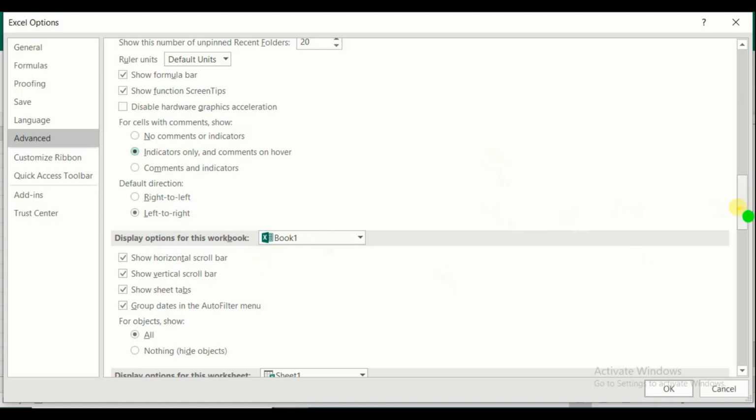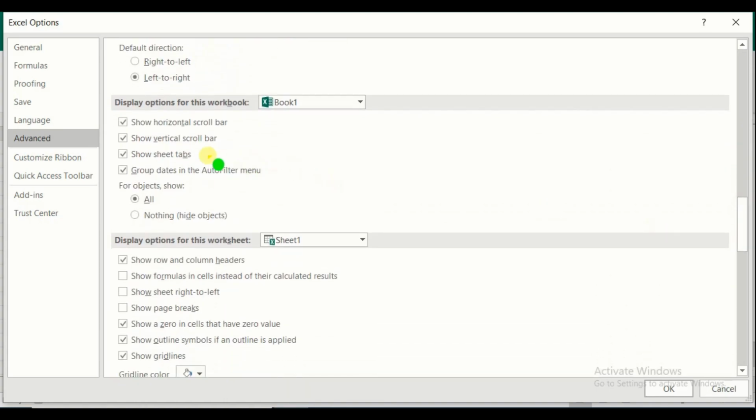Next one is display options, the next category for hiding horizontal and vertical scroll bars. I am disabling this option by unticking the option for sheet tabs and all this. So let's see.